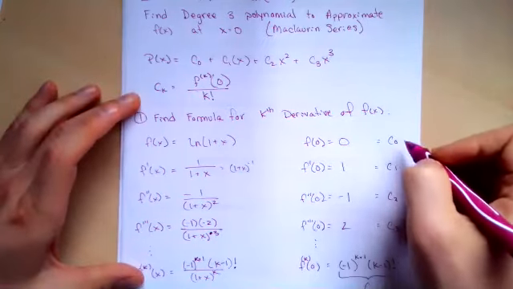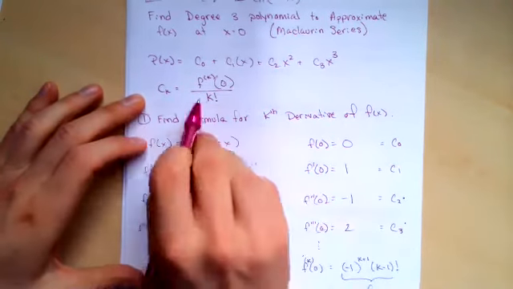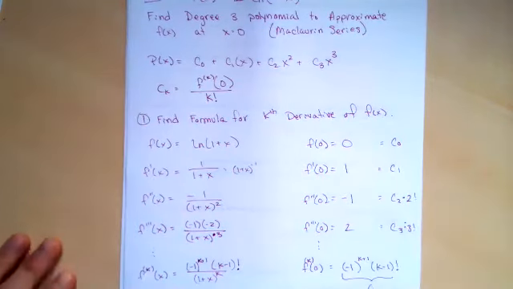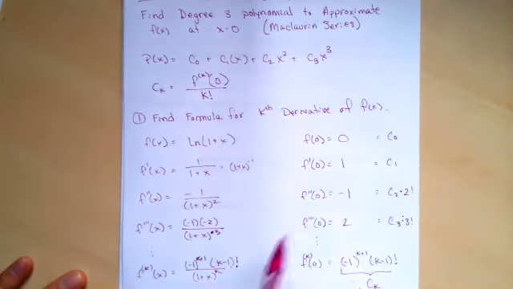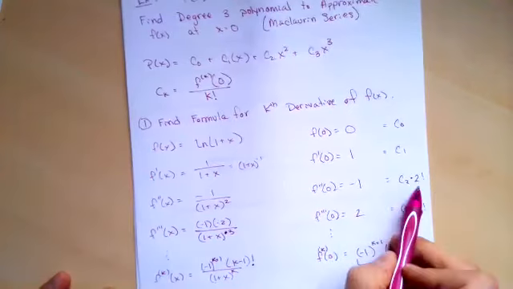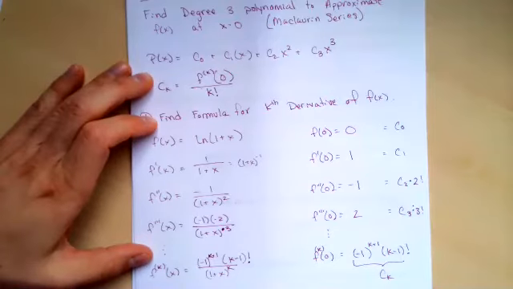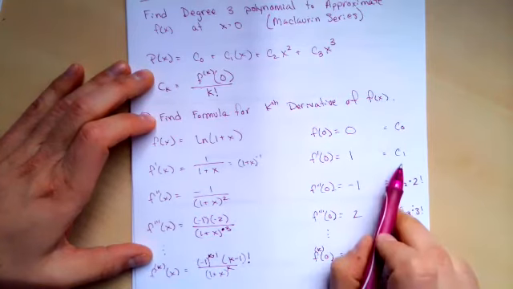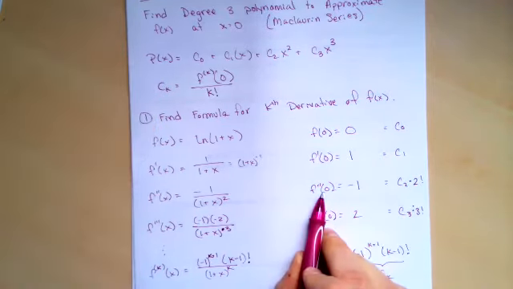Oops, sorry, so this isn't quite C1. This is C0, C1, and of course, I've got to divide these by our k factorial. So the derivative is the constant times that factorial. Solving for my constants now, I would just divide by those factorials. So our polynomial, our p of x, is, well, our first constant is 0, plus our c1 is 1 times x,